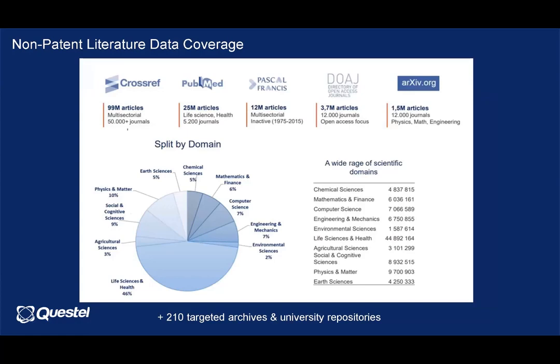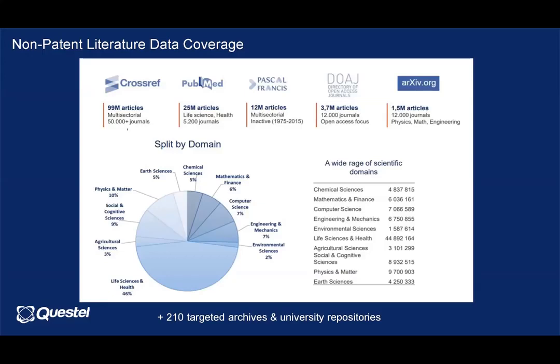So all of these, when you perform a keyword search, will be searched and given to you in a tabulated format. These also cover a wide area of domains. It covers life science. It also covers mathematics, physics, or environmental science. So it's not limited to a specific domain. And on top of it, we are also curating data from universities' repositories, and around 200 plus universities are gathered and delivered to you.